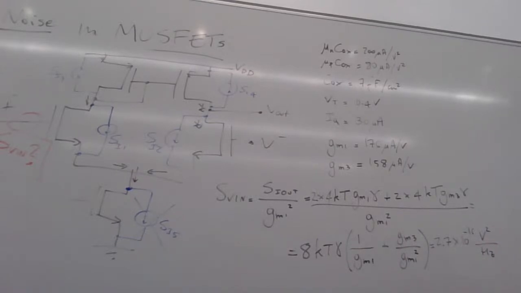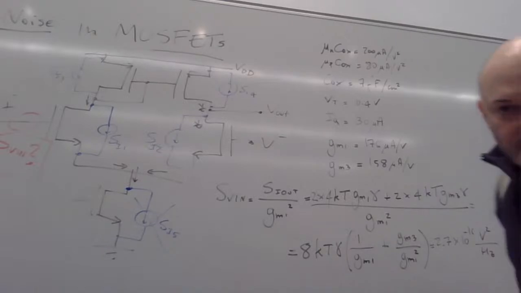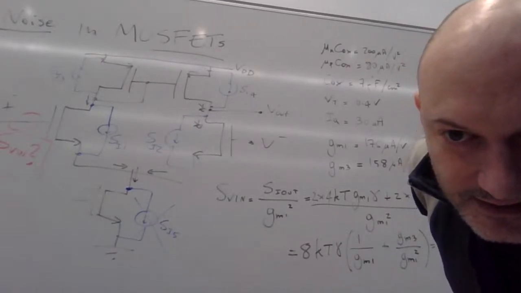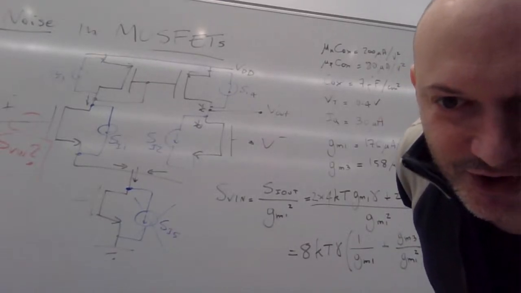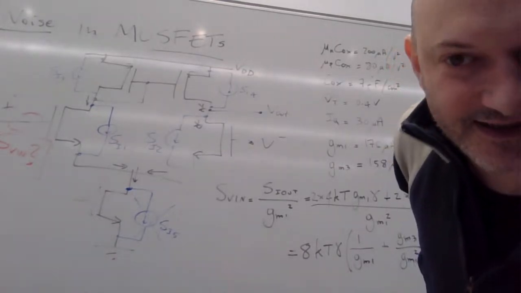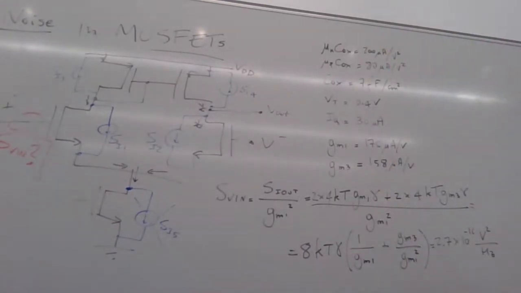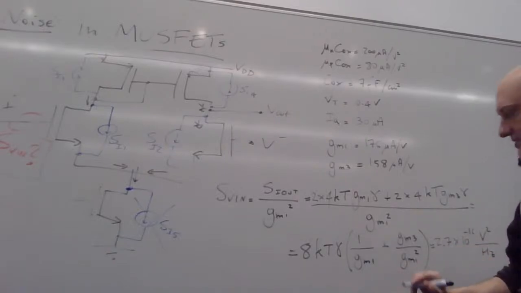However, if you remember, very often we like to write... Yeah, excellent. Okay. So we got 2.7 times 10 to the minus 16 volt square per hertz. Very often we prefer to use the square root of this value because it gives us a voltage per square root of hertz. Okay. So when we take the square root,